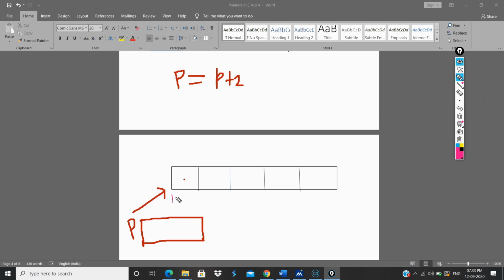So we know that p is a pointer, and now let's assume that the address of this first will be 1012. Please bear with my handwriting, guys. Actually I am writing with the mouse.